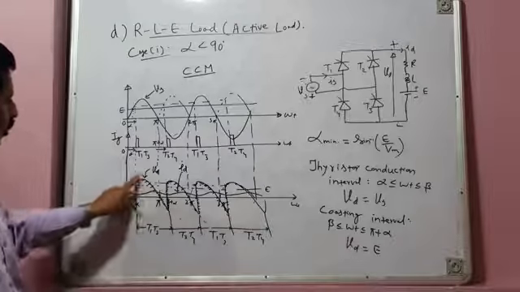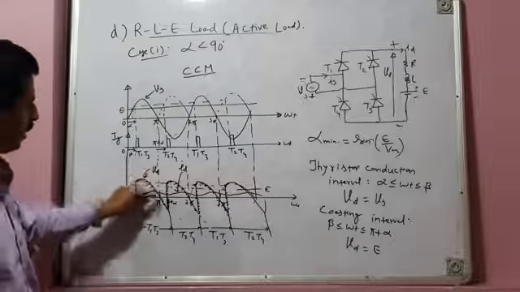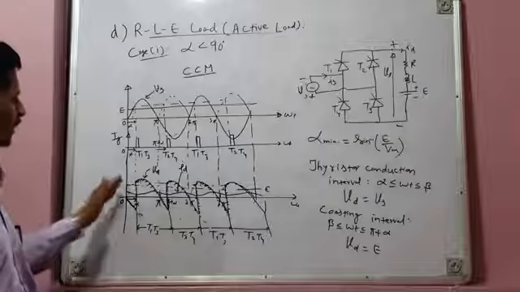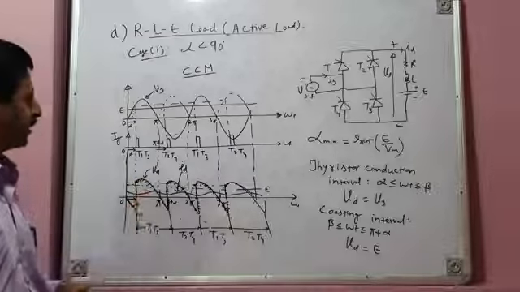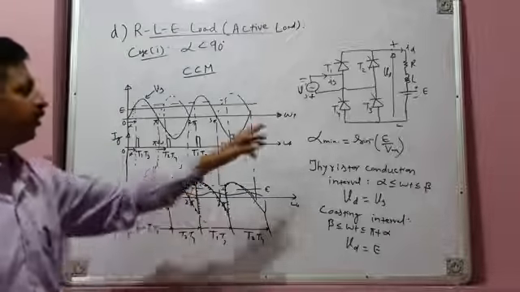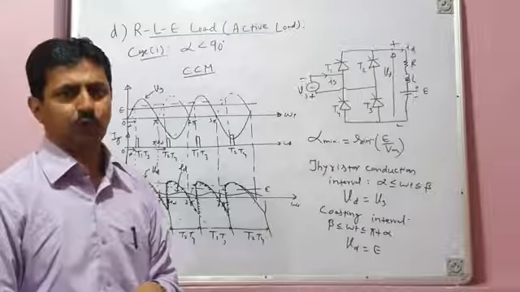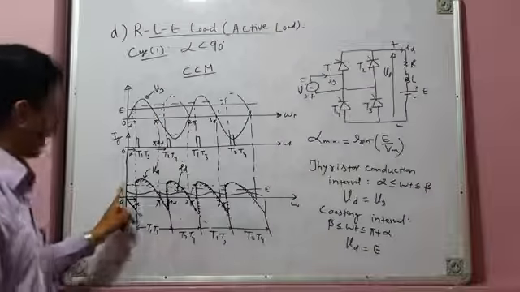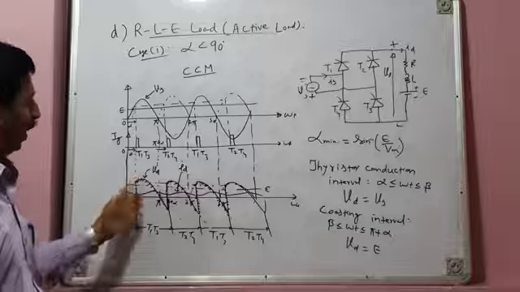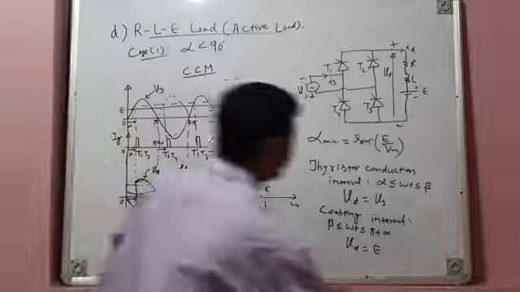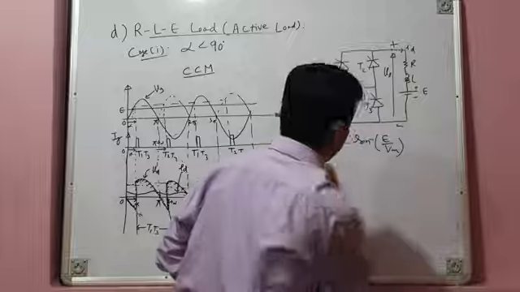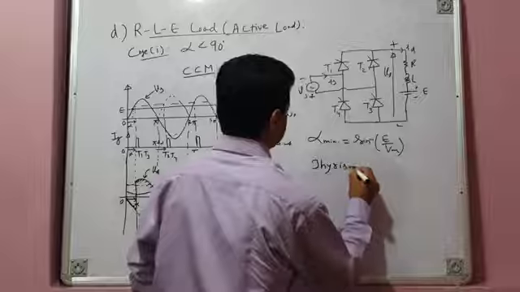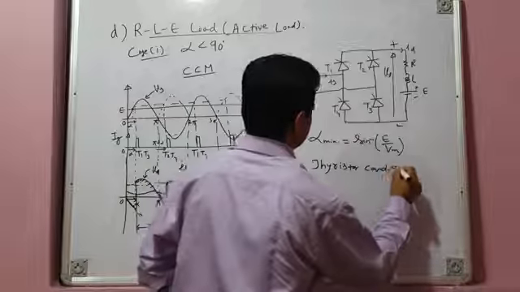Current is continuous. Your load voltage is having a large positive segment and a small negative segment. So average load voltage will be positive, of course. Since load current is continuous, E does not show its presence in the load voltage, although E is there. We have already discussed it with semi-converter also previously. When current is continuous, in your load voltage you have only one interval, that is thyristor conduction interval. You don't have any other interval.